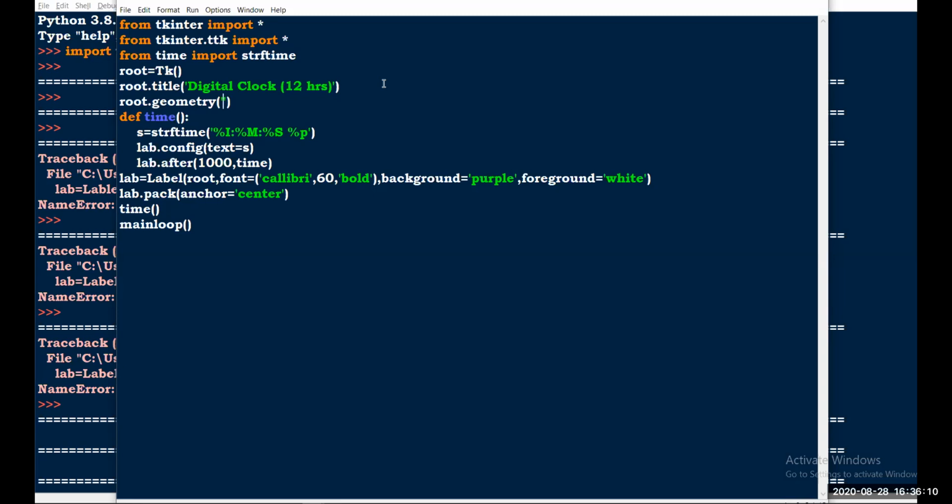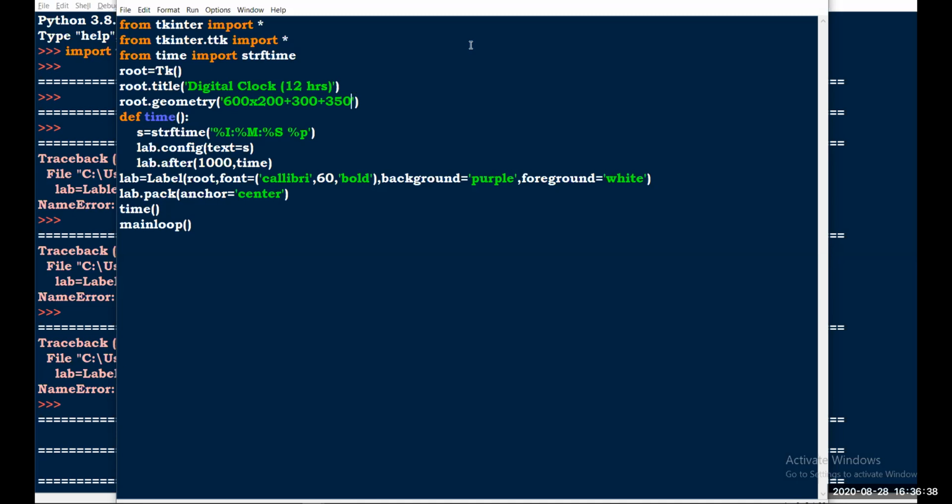Here I'm going to give 600, then x, then 200. So my length is 600 and height is 200. And you can also specify where the window will open. If you want to open this window here, you need to give plus 300 for the left side and plus 350 for the right side.